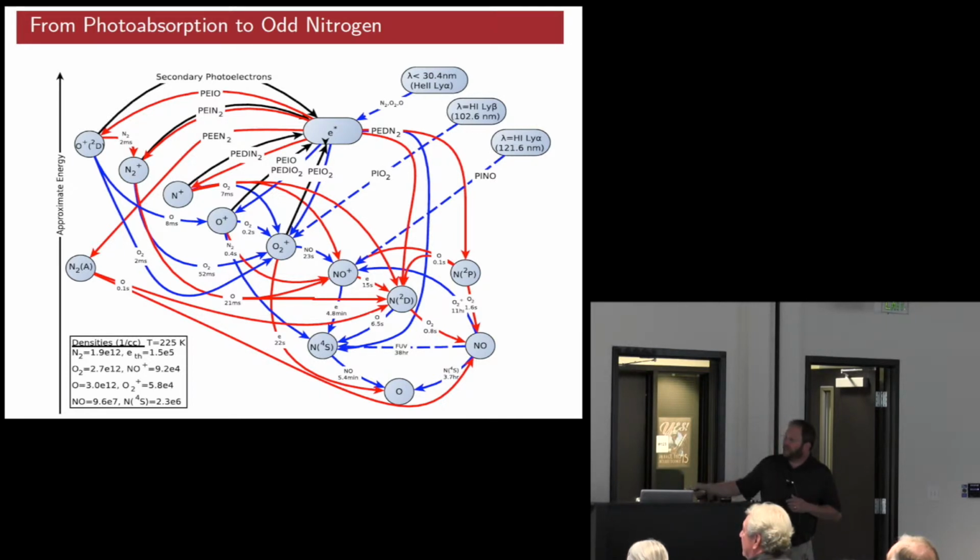But some of the key things to note, and I apologize, I can't shine on both screens, but down in the lower right corner you see atomic nitrogen in the form of N(2D) or N(4S). Those are nitrogen atoms, but the doublet D is in an excited state, whereas the quartet S is in a ground state. So the N(2D) has a little extra energy. And so it much more efficiently, when it reacts with molecular oxygen, creates nitric oxide. And that's one of the key things to see. It's the N(2D) reacting with oxygen to make NO.